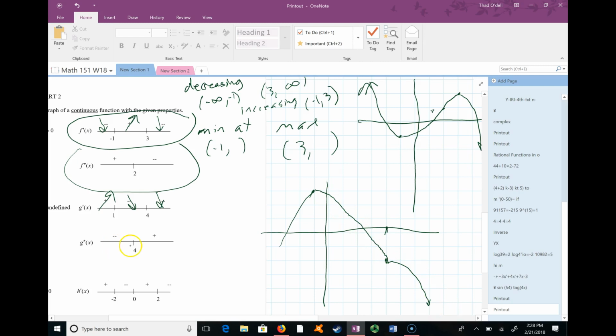And notice it's concave down from negative infinity to 4. But it's supposed to be concave up there. So we got this going the wrong direction. So we want it to be sharp here, but we want it to be concave up. So it's going to be kind of like,